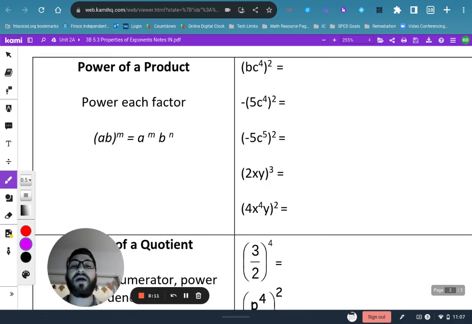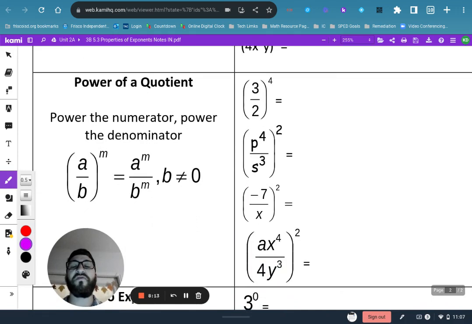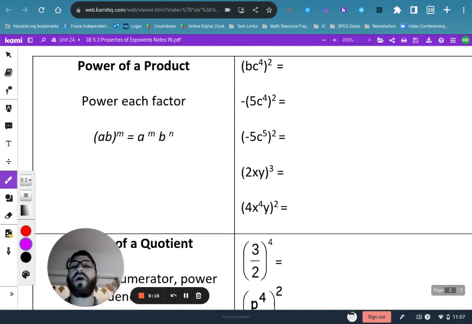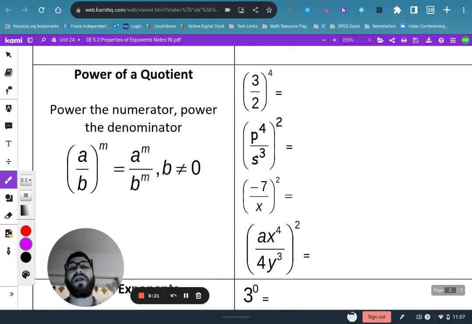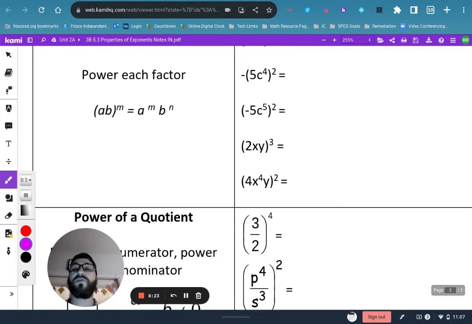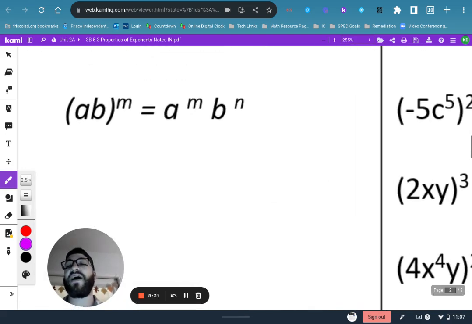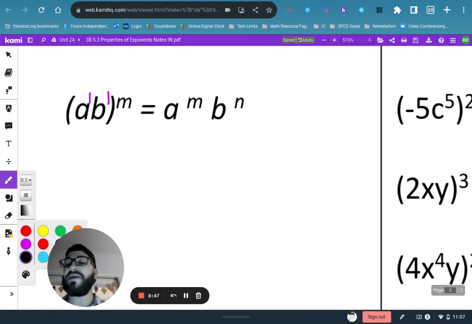So power of a product and power of a quotient are both very similar. One has to do with multiplying going on the inside, and one has to do with dividing on the inside. But they both imply that if you have multiple bases with exponents on the inside of the parentheses, then everything on the inside ends up getting that exponent. So if I have a times b to the m, and just to make this a little easier to understand, I'm going to add that exponent of 1 on both of these. So if I have a to the 1 times b to the 1, to the parentheses m, then both of the pieces inside